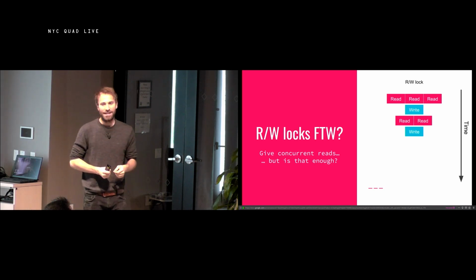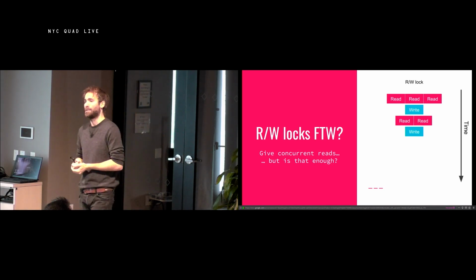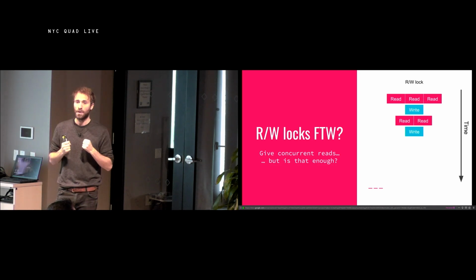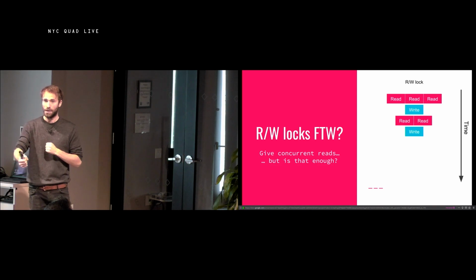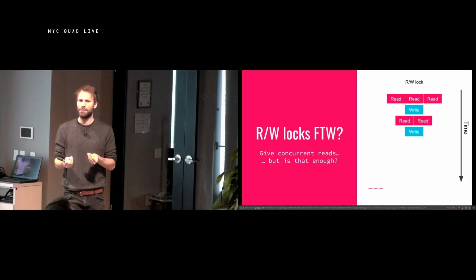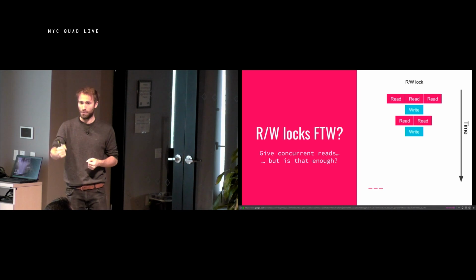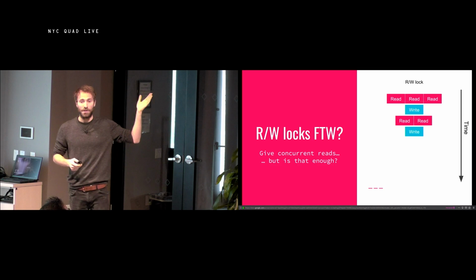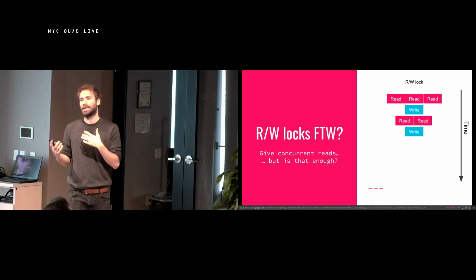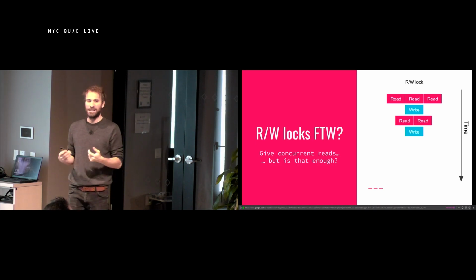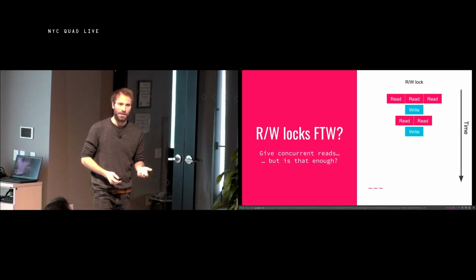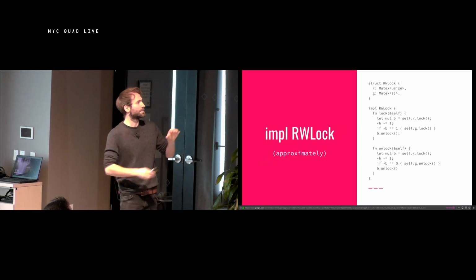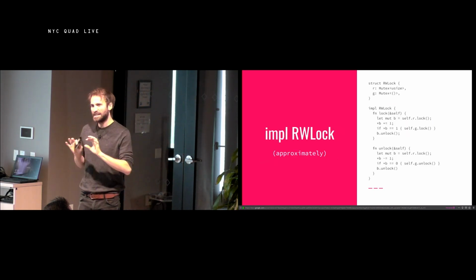So a reader-writer lock is something that you may or may not be familiar with. The basic idea behind a reader-writer lock is that you can have multiple readers take a lock at the same time, or you can have a single writer take the mutex, but you cannot have both. So this has a similar flavor to ownership, right? You can either have a single mutable pointer or exclusive pointer, or you can have many immutable ones. And that's great, right? It lets us do many reads in parallel. Awesome. That's all we wanted. And then every now and again, you sort of have to take a break and do some writes. Is that good enough? Do we think that this solves our problem? So in order to answer that question, we need to look a little bit at how reader-writer locks work. So this might be a little small to read, but the exact details are not important.